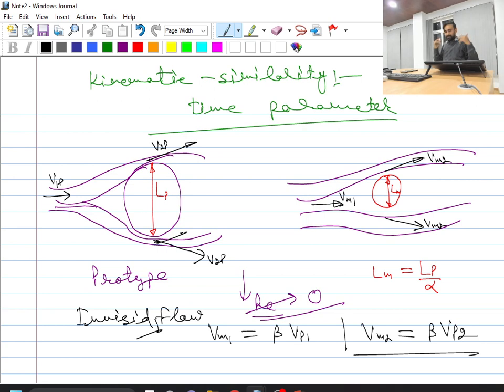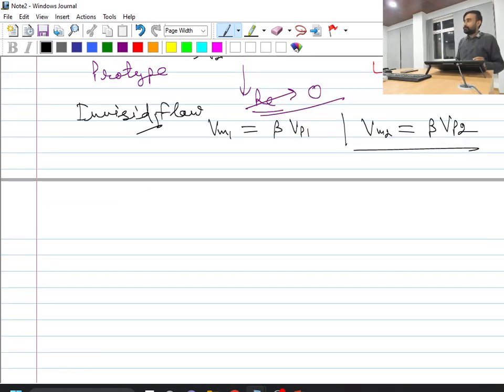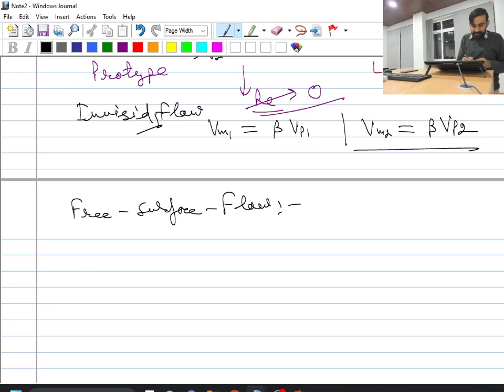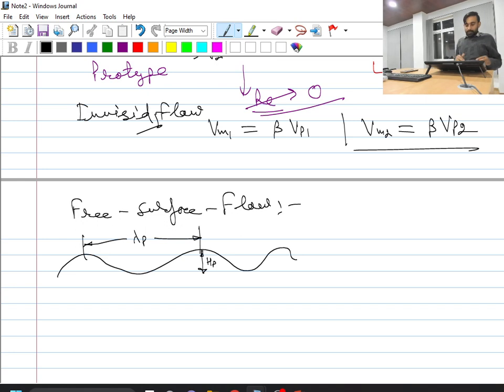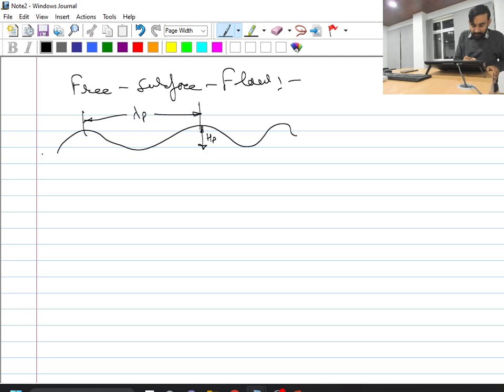Okay. Now I give you a slightly different situation. If I have free surface flow, such as the presence of some surface waves at the interface, then of course when I consider the prototype, say my height of wave is hp, the wavelength of the wave is lambda p, and say the flow velocity is Vp. If I consider its equivalent model,